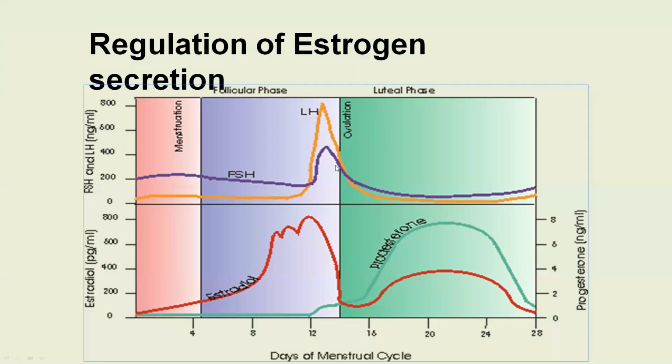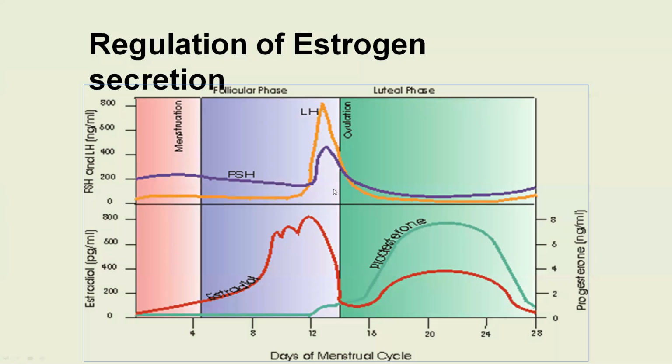So the Graafian follicle ruptures, leading to the release of the ovum near the fallopian tube, where it is taken in. Then the ruptured Graafian follicle collapses and forms the corpus luteum. So this is what happens before ovulation, that is in the follicular or pre-ovulatory phase. Here, the dominant hormone is estrogen and the dominant gonadotropin is FSH. But near ovulation, the dominant gonadotropin becomes LH.